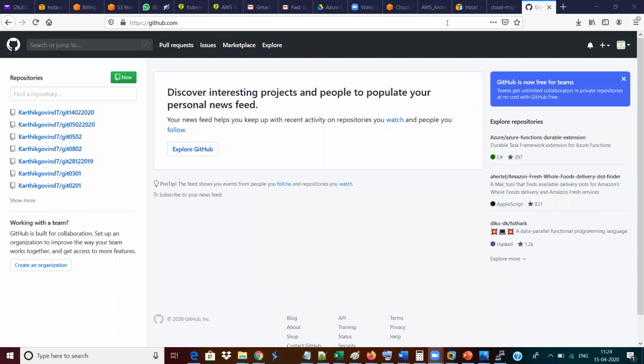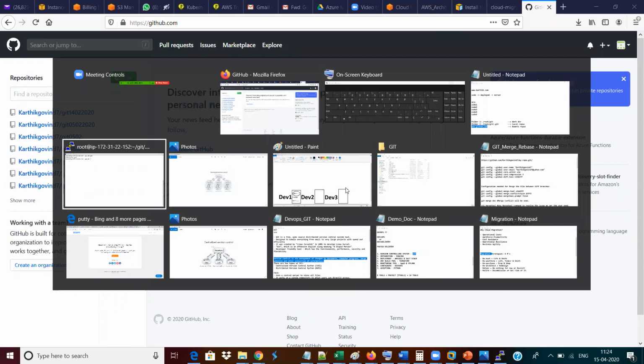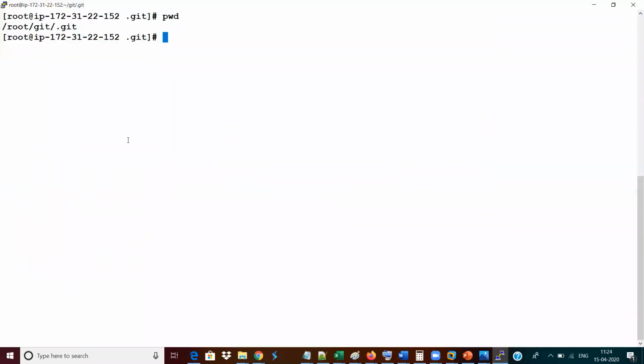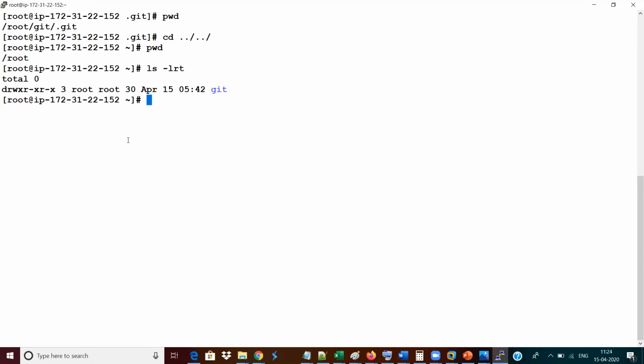Okay. If we initialize Git without creating a folder, it will save in the default folder. Exactly, Naveen. It is going to save in your default folder only, but my default folder is too ugly. For that reason I created a folder. Check out what my default folder will be. My default folder will be /root. Multiple things will be available here. So if I come out of it, you can see it.